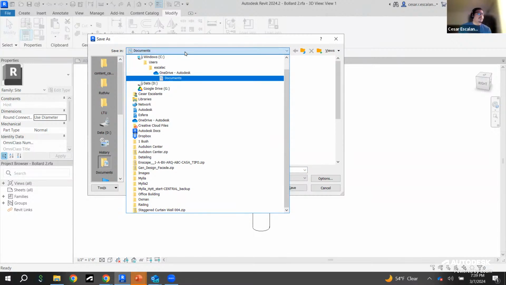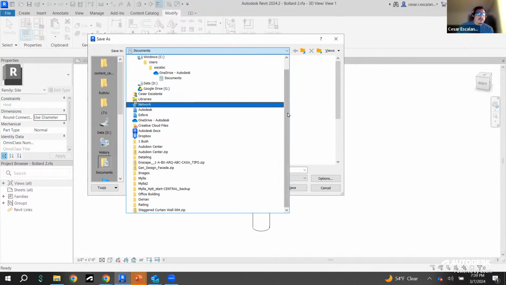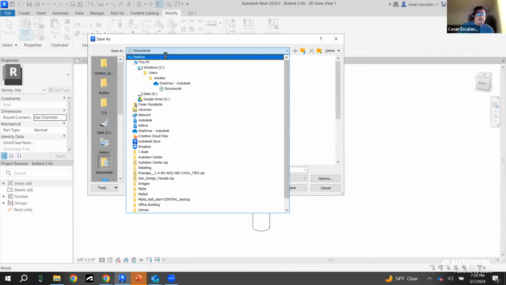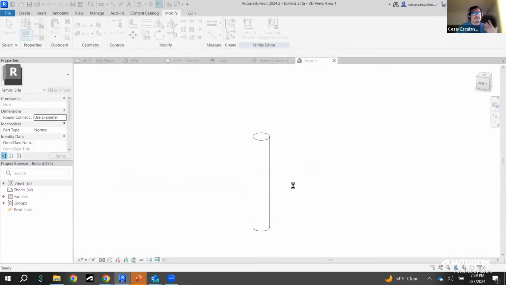in a project location, if this family is project specific, or if it's a family you're gonna use over and over from project to project, then save it in a server in the list of libraries for your company, so that you can also share with other users. Here I'm gonna put it in my desktop, and then this family, which is now called Bollard 2,